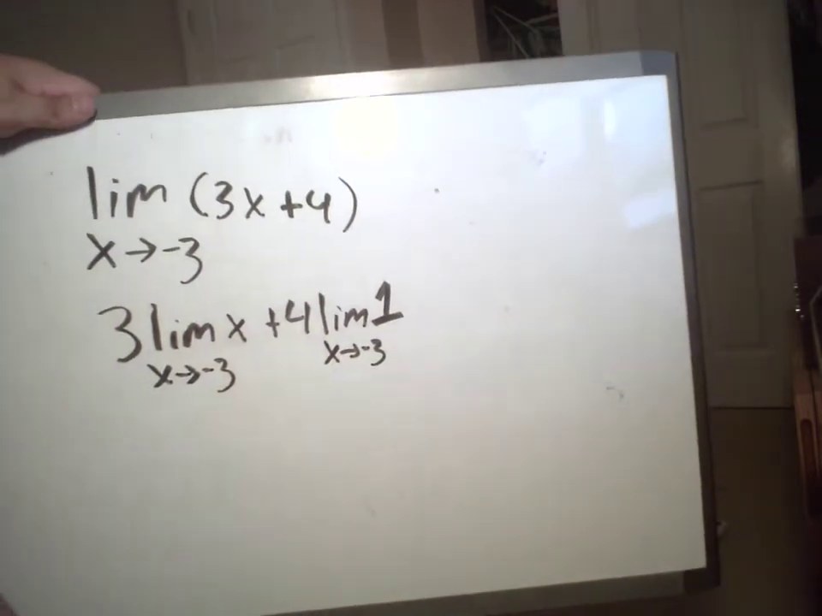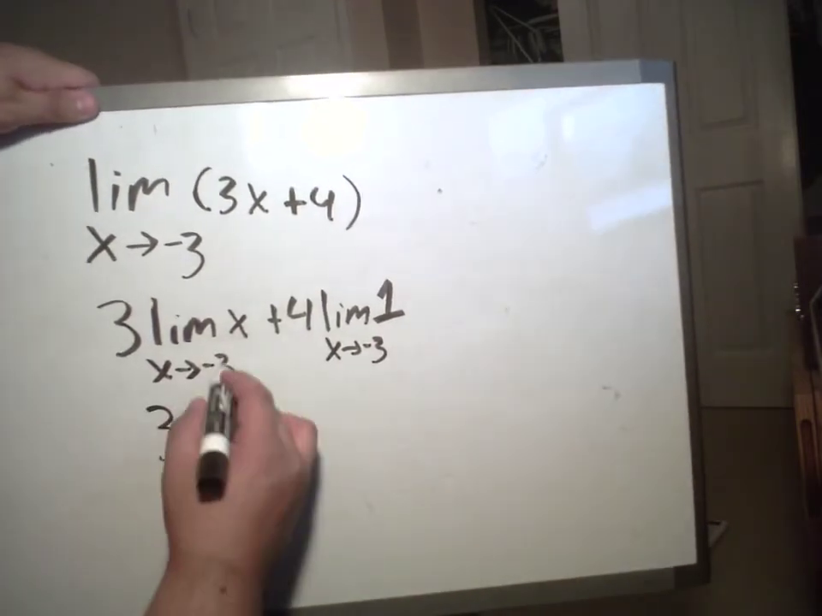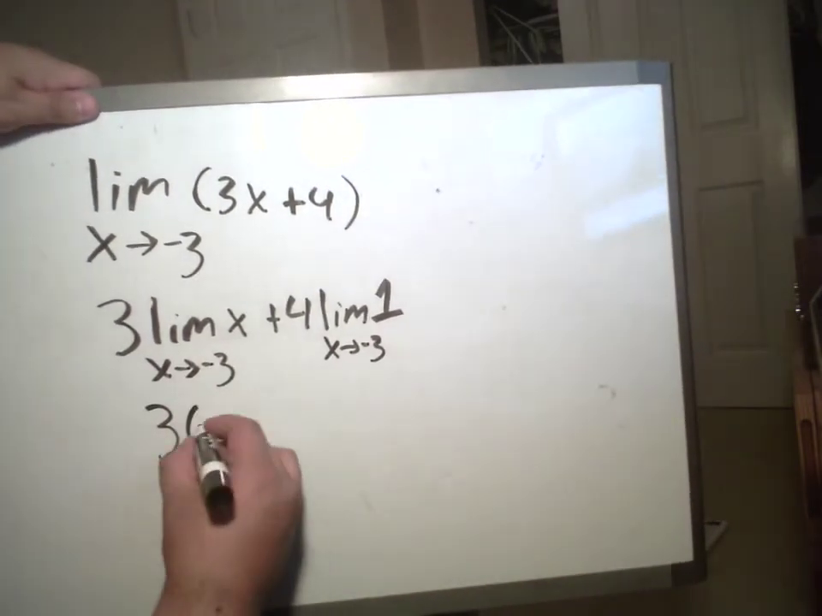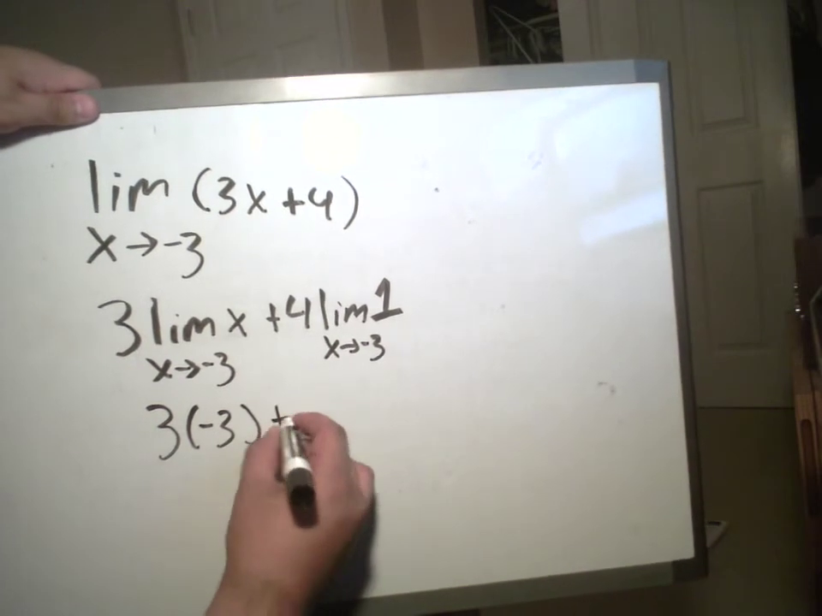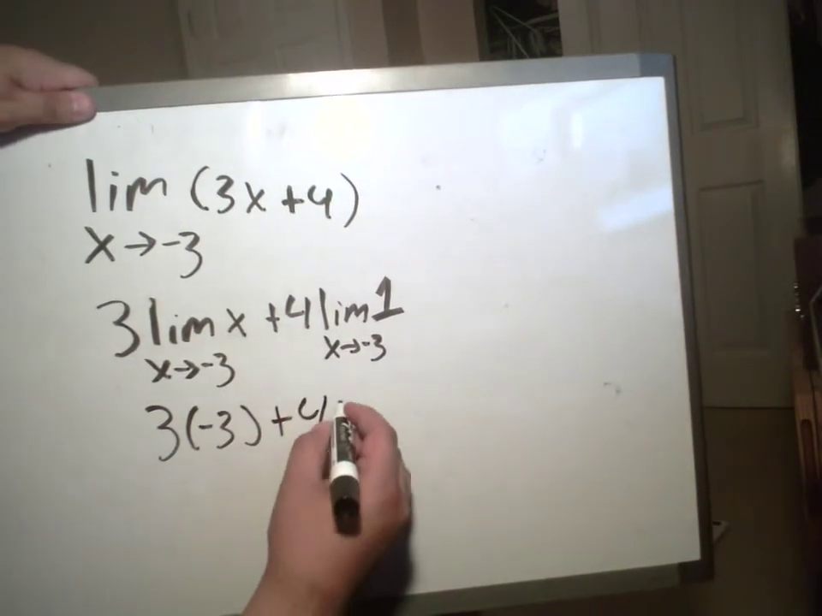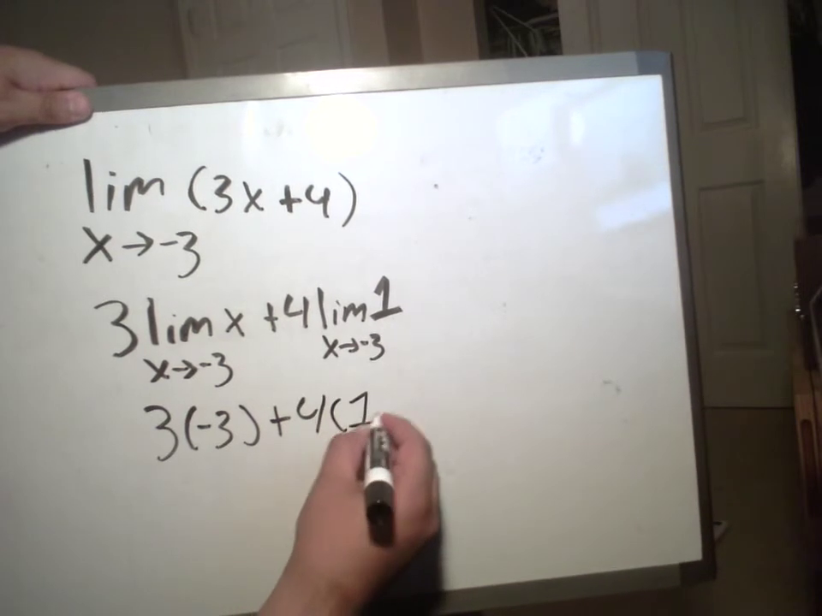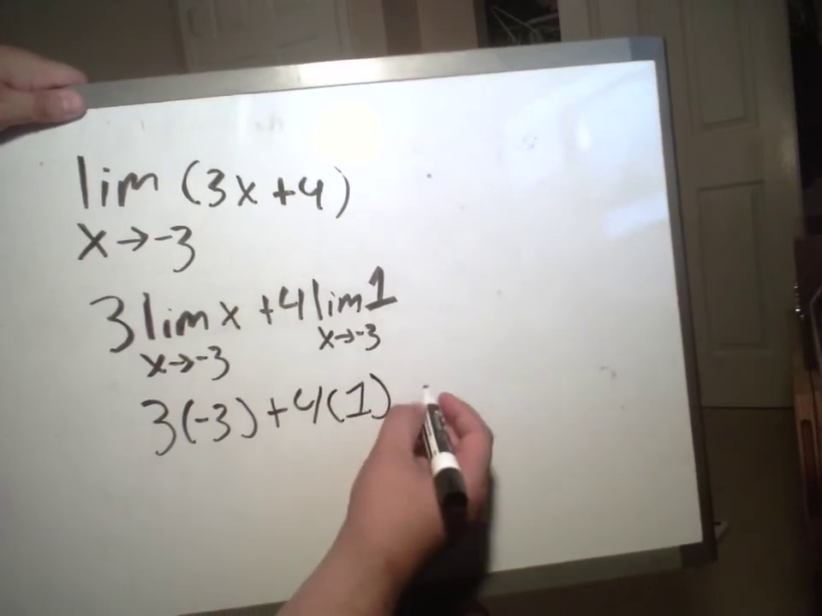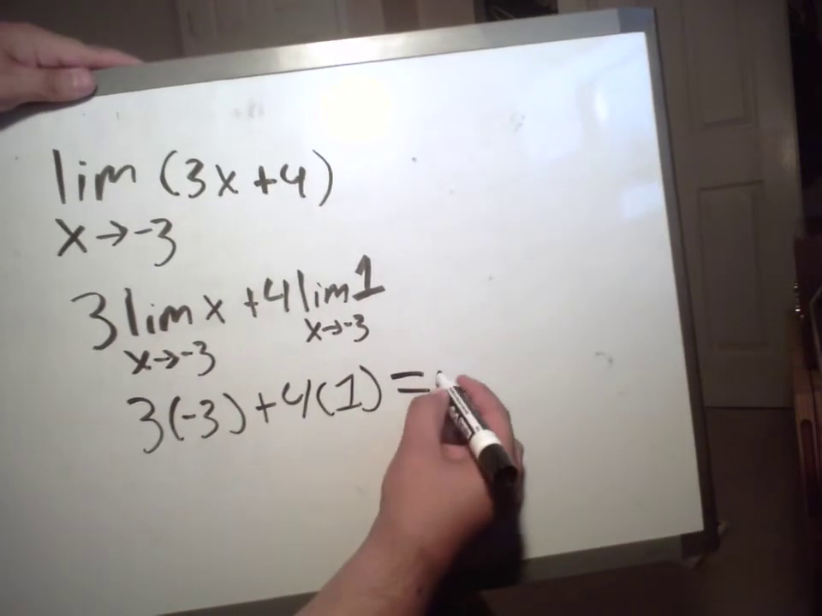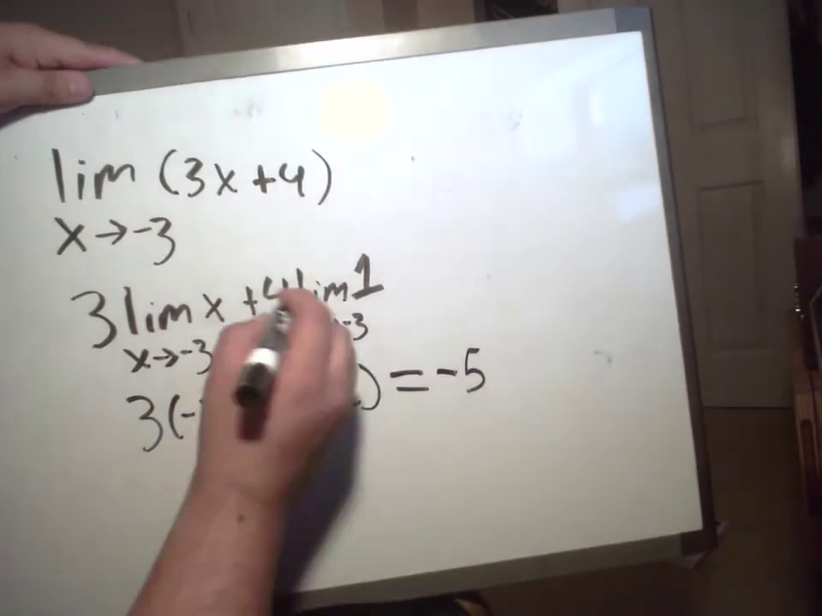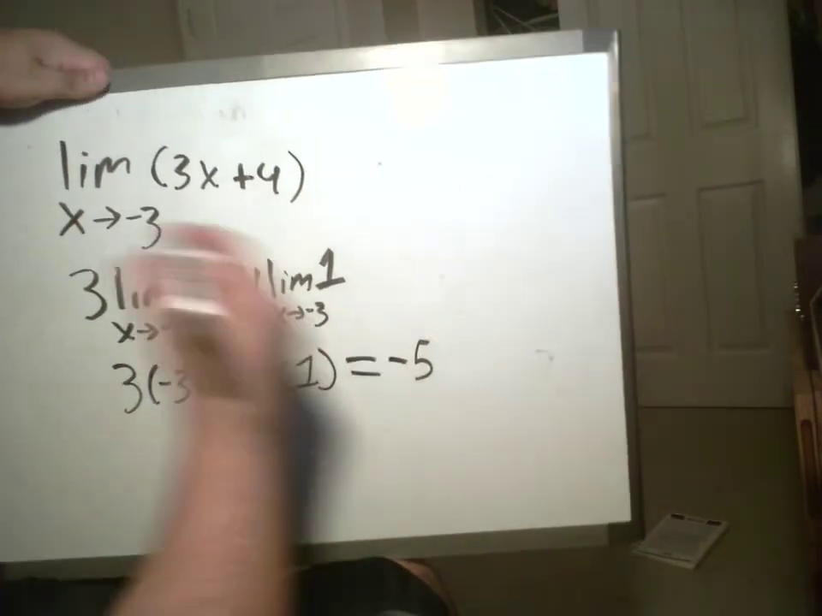And what that's going to give us is 3, we plug the minus 3 into x, times the minus 3, plus 4 times 1. And that's going to equal minus 5. And this one right here is a little bit different, at least, just because it's a